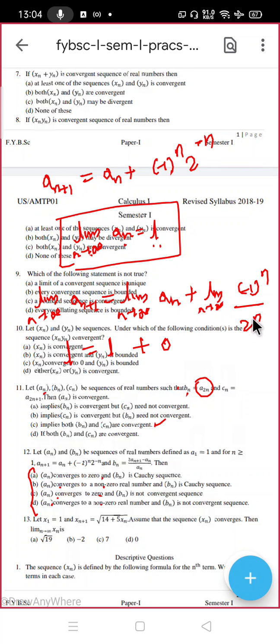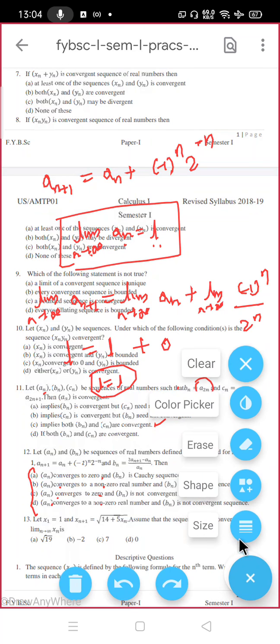If this denominator goes to infinity, that means this is the same as the question of 1 upon n. But from here I got nothing, I'm getting L equal to L. I don't have any values. So this fails, meaning I am not getting any conclusion from this. Do you agree? Perfect. Now let us go back and try to see. You'll see a magic here. Be with me. I'll just erase this.